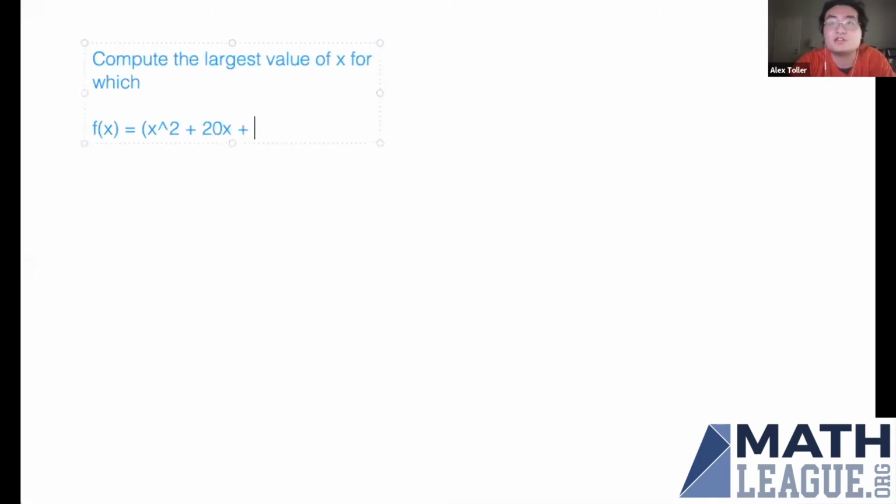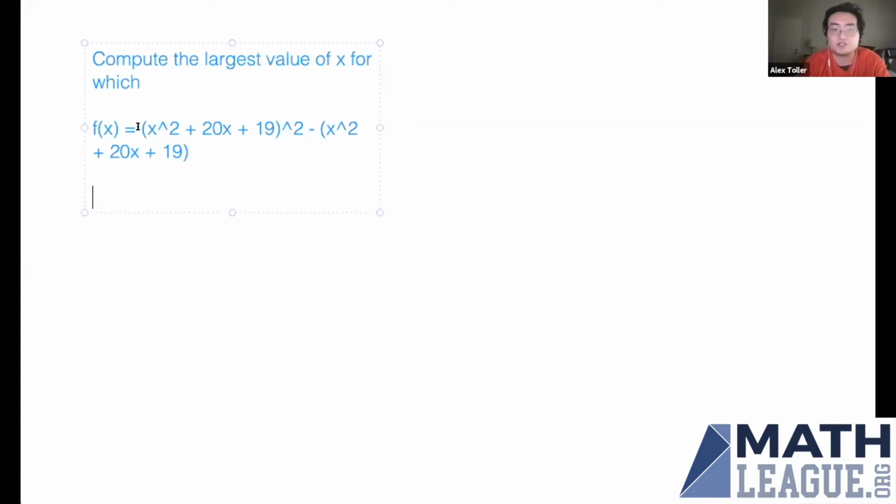Hello everyone, sorry about the little bit of a delay there, but I'm going to go ahead and present a problem from the sprint round that we just did, sprint problem number 20. So this problem asked us to compute the larger value of x for which, let me find the expression. It was f of x equal to x squared plus 20x plus 19 squared minus x squared plus 20x plus 19. So the first thing to observe here really is that this looks an awful lot like